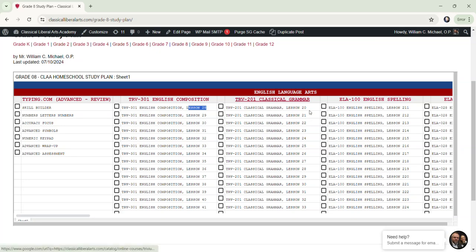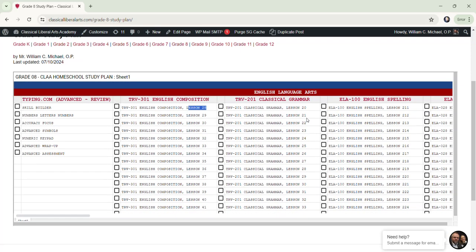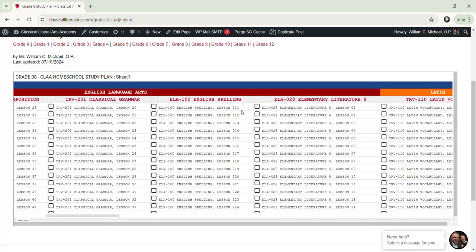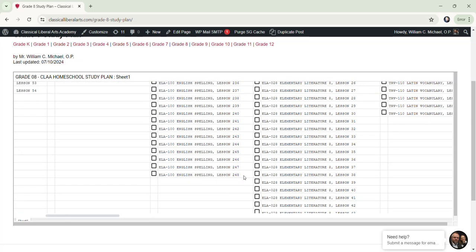Then classical grammar is also being studied, picking up at lesson 20, working through lesson 37. That's 18 lessons, so about a lesson every 2 weeks during a school year. We then have English spelling, which we're continuing. You see that now we're up to lesson 211. And so we're working from 211 down to 248, which is about 38 lessons that year, about a lesson a